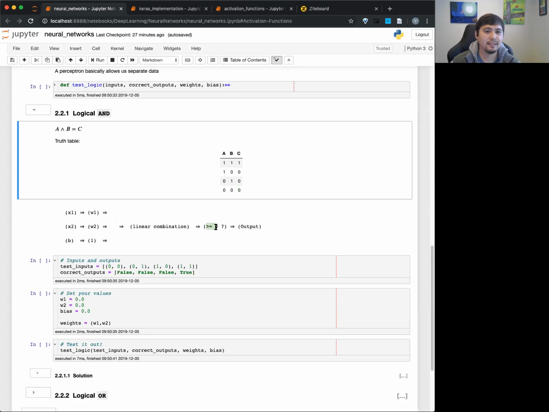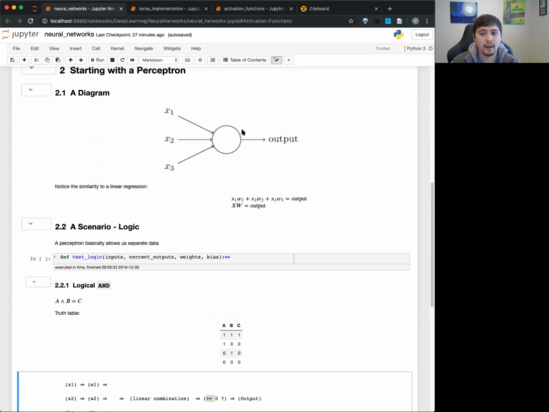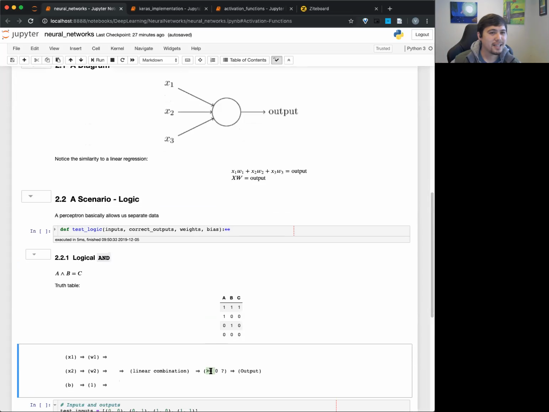So this is like that little part I mentioned, where you get the node here, you get all the linear combination, and you do some kind of transformation on it. And that transformation is going to be something along the lines of transforming into something nonlinear. Note that greater than or equal to 0 is not really linear in that way.